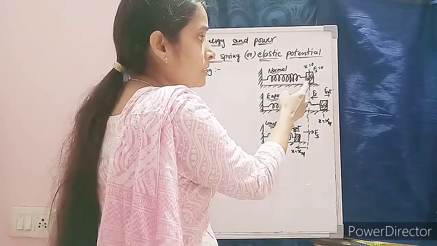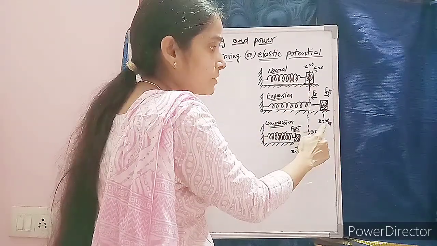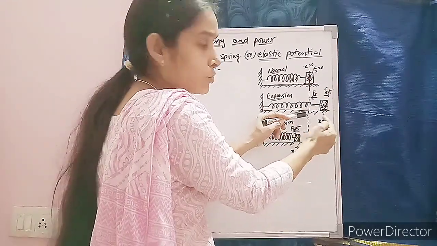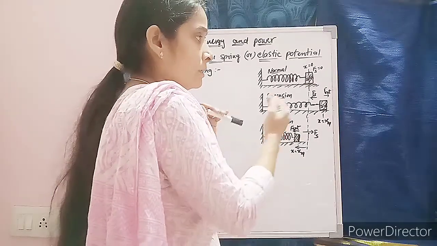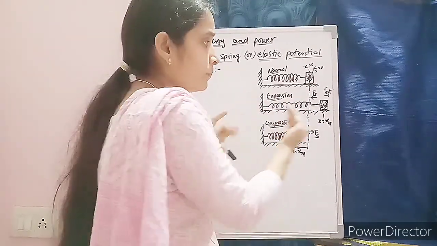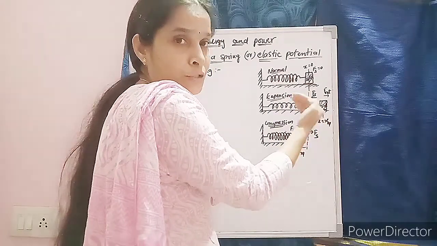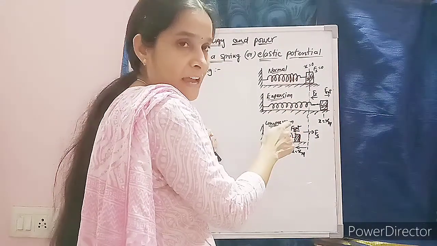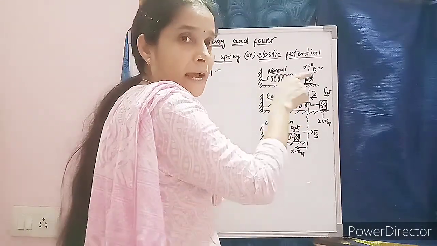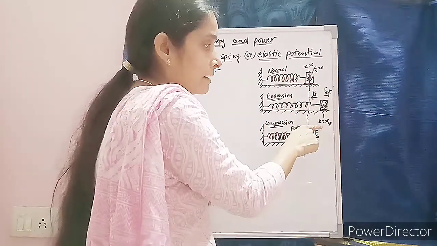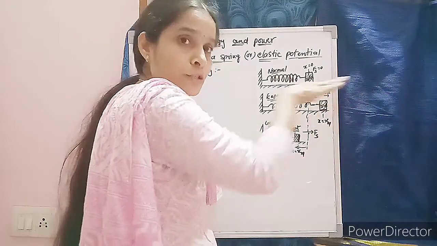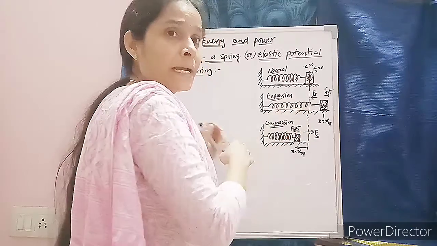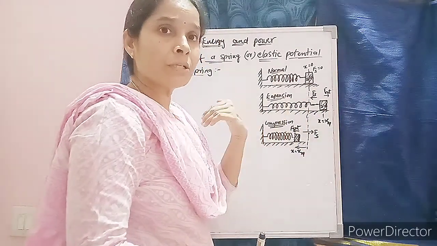Coming to the expansion. Here we use an external force so that the spring expands. Due to the expansion, a displacement of the block takes place, x is equal to xm. Due to the application of external force, the block is displaced from x equal to 0 to x equal to xm. In order to regain its initial position, the internal or restoring force acts in the negative x-axis. In the expansion, F external acts in the positive x-axis and the displacement is in the positive x-axis only.